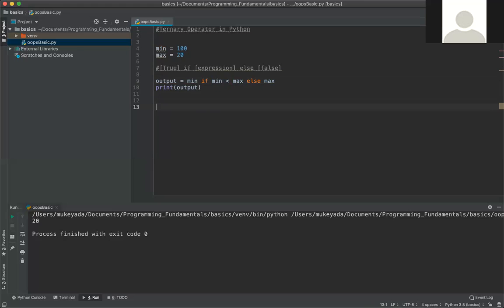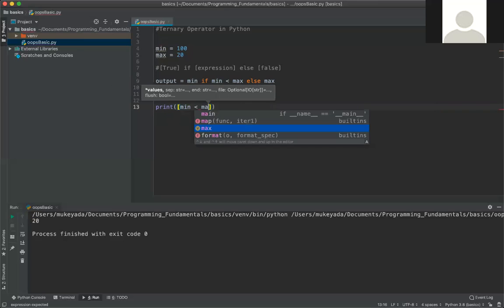For the same lines of code, guys, we can also do it with tuples. If you have some working knowledge or basic idea of that, let me jump into it. Directly we can write print, and inside the print statement, first of all we need to write the expression. The expression is min less than max.